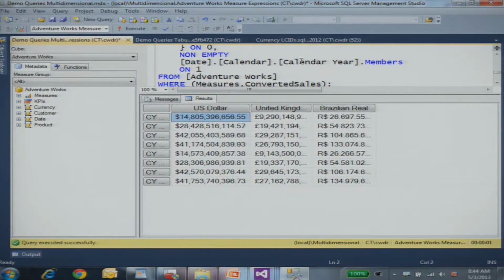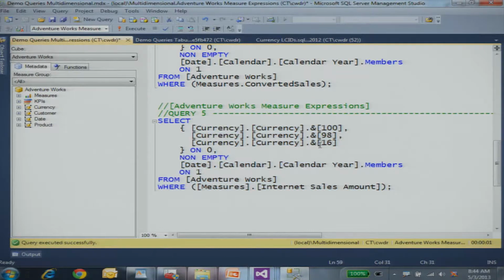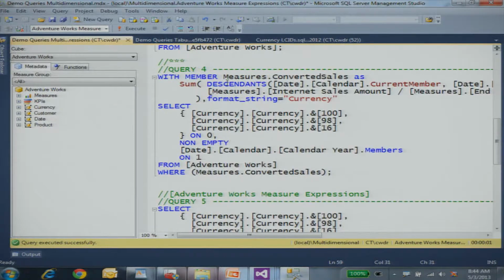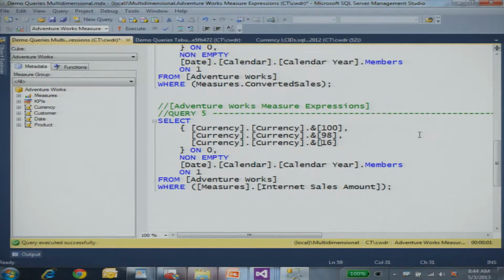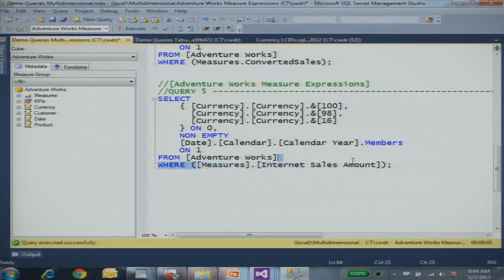The other thing you'll notice about this query is that I didn't actually do the conversion. I didn't use descendants and sum to do the conversion in the MDX query. I just specified internet sales amount, and it magically works. So how did I do that? Well, again, it's this recurring theme of decorating the metadata of the model in multidimensional. So if I show you,